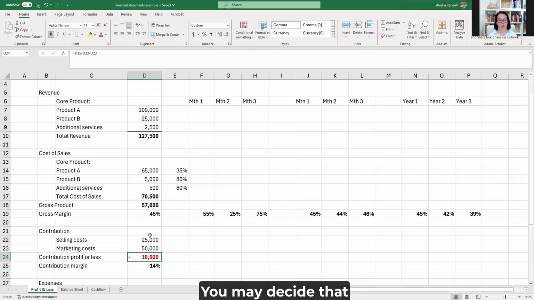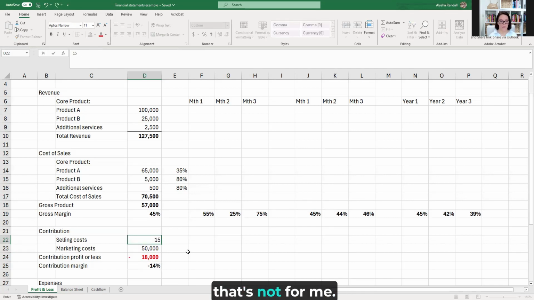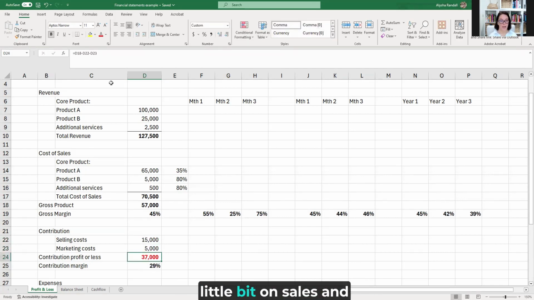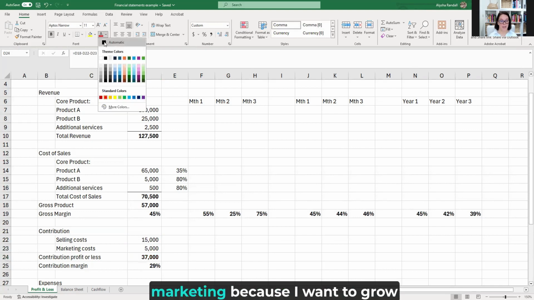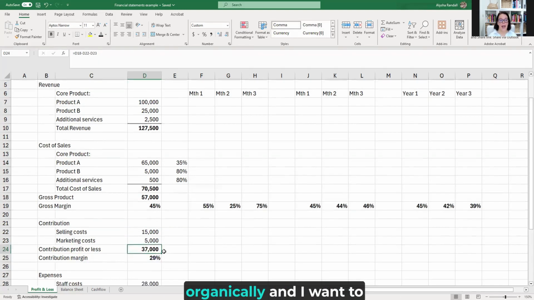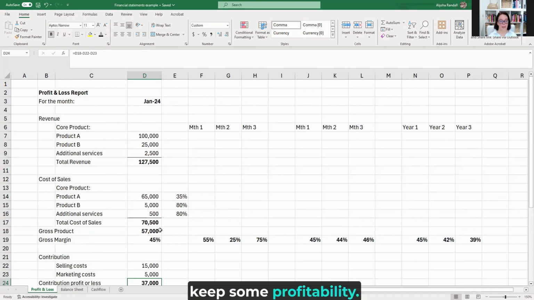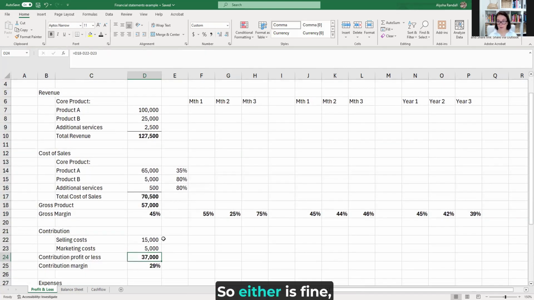Not always. You may decide that's not for me, and I only want to spend a little bit on sales and marketing because I want to grow organically and I want to keep some profitability. So either is fine, but it is a strategic decision as to whether you want to grow as fast as you can,